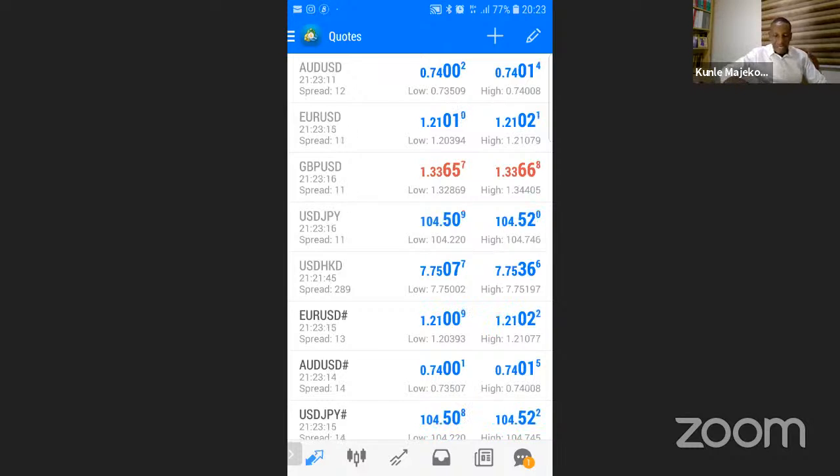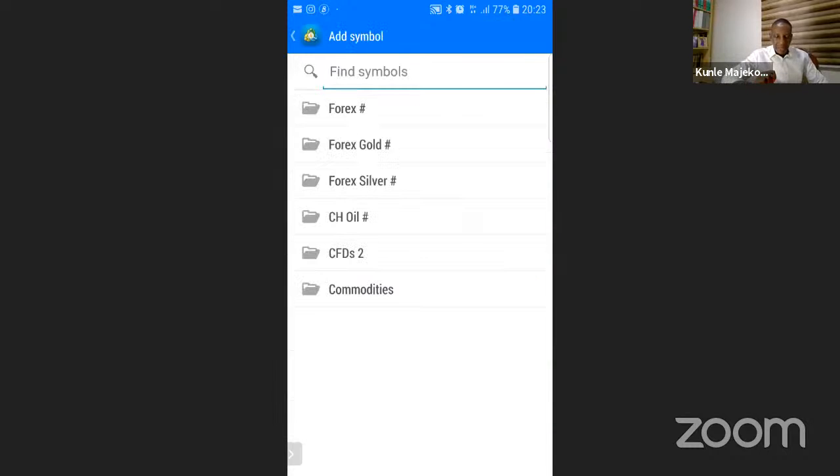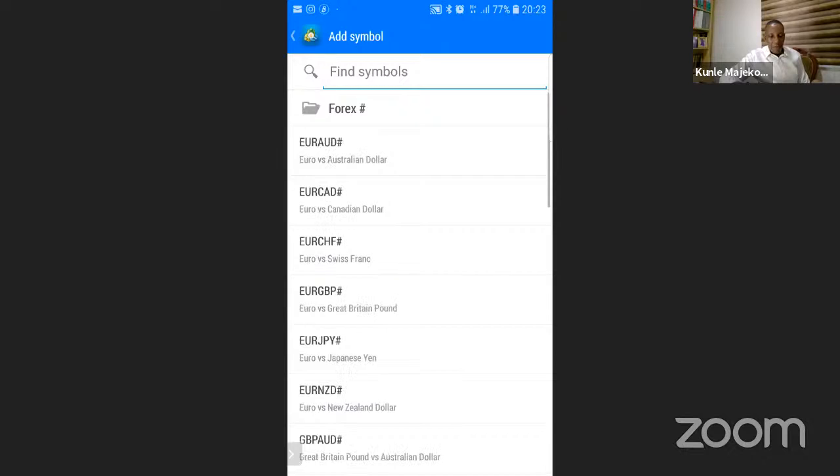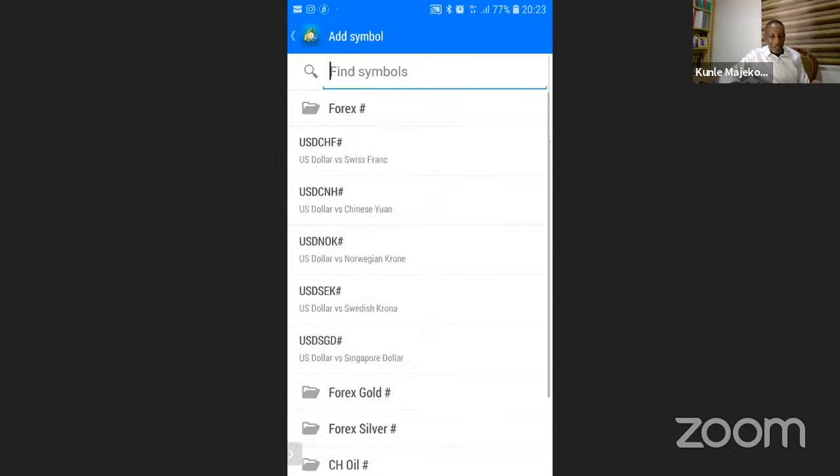So right now, this is what I have. I don't have any commodity, but I can put them in, and some other pairs. What do I do? I click on that plus sign at the top there, and then I can have access to more currency pairs. You see them there? Anything you see here is not on the opening market watch page. Once I click this, it disappears. It is going to my other page. You can see that as I'm clicking, it's disappearing and going to that other page.